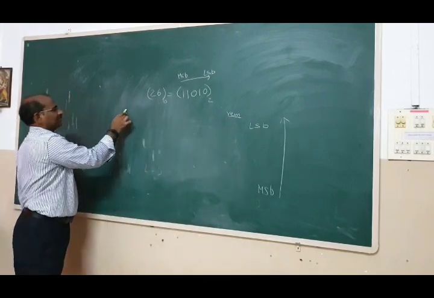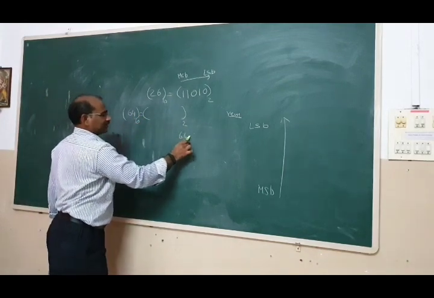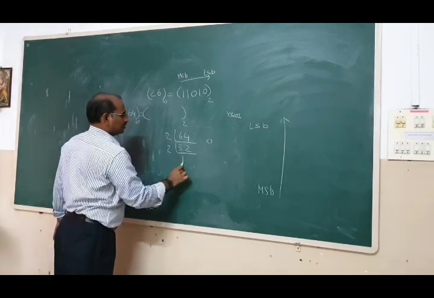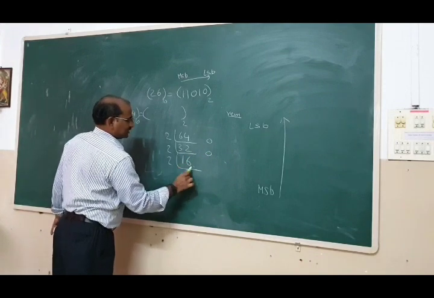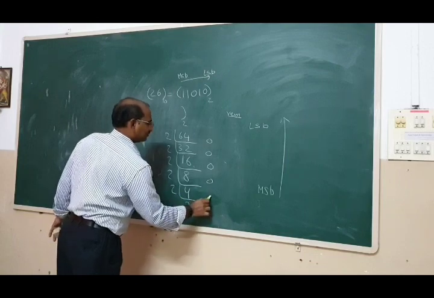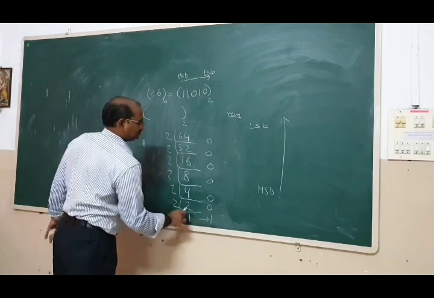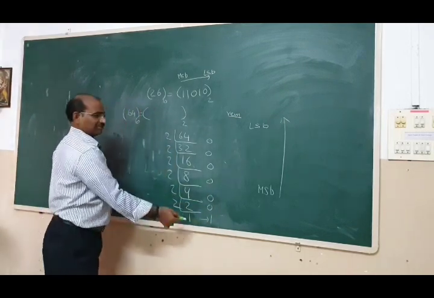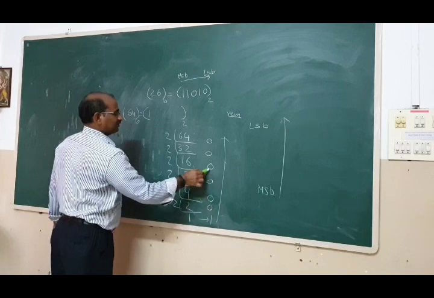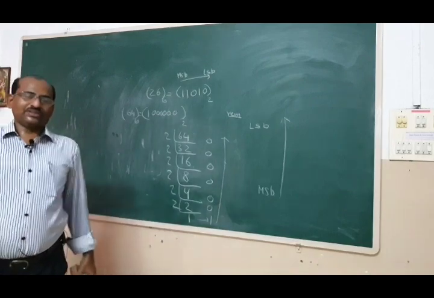Now, let us take one more thing, say 64. What is the binary number? So, again same procedure, 2 32s are 0, 2 16s, 0, 2 8s, 0, 2 4s, 0, 2 2s, 2 1s, 0. So you can write this one here as I earlier told, or again you do 2 0s are 0, 1. Okay. So this is the value, and 1 followed by 1 2 3 4 5 6 zeros, 6 zeros, right?